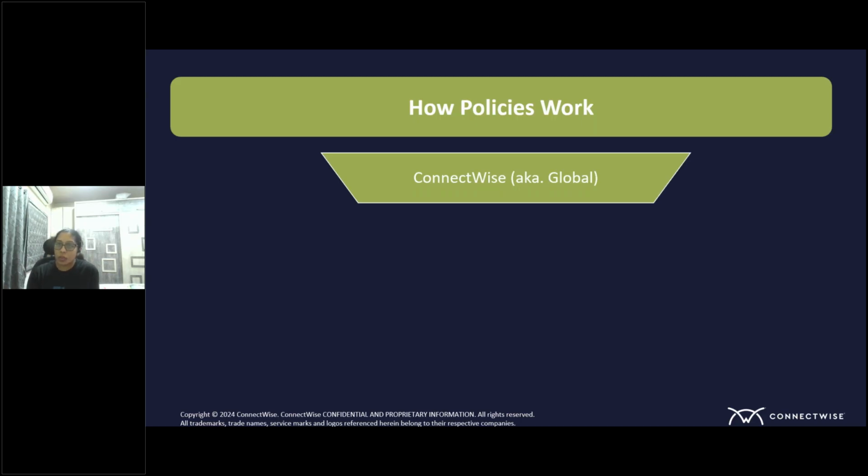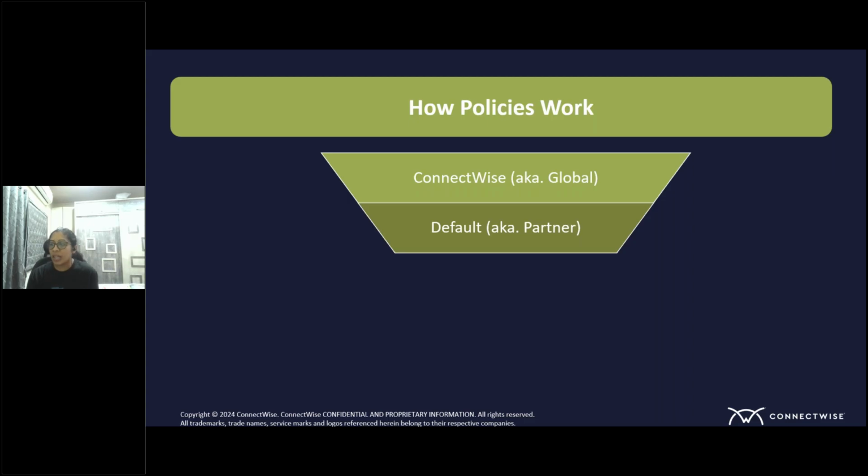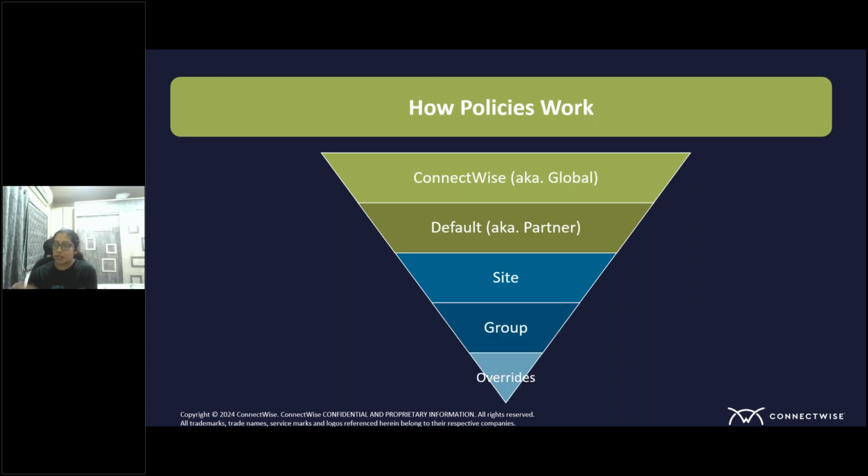So first is the global way wherein ConnectWise has installed that policy on your behalf and enabled it. So that is what we call the global policy. Then we have default policies, which are partner level policies that are created and deployed by partners themselves. Then we have site level policies, a slightly lesser hierarchy, wherein those policies are applied only to those specific sites. We also have something called policy groups, wherein you set a certain criteria and all the endpoints matching that criteria come under that one single policy group,